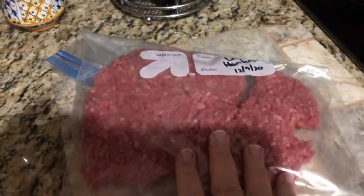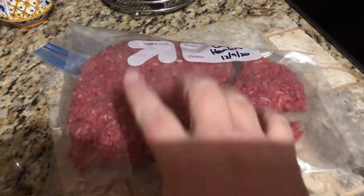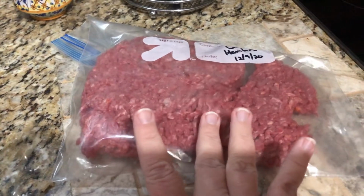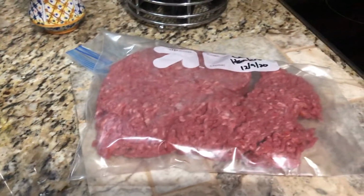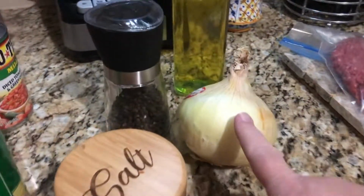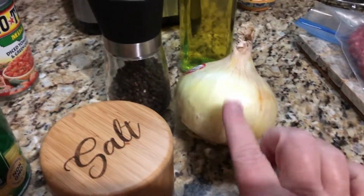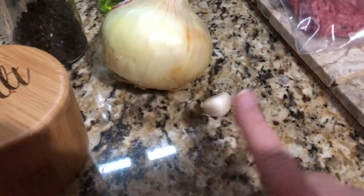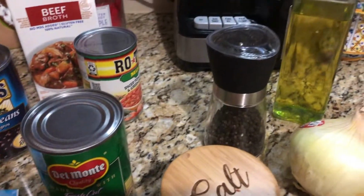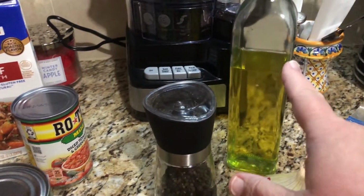This is 1 pound of ground beef. This is the other half of that ground beef I brought home and showed you how to flatten out and freeze. It is fully thawed with no effort at all. 1 onion, and it does call for small onion. I may end up using half of this. 1 clove of garlic, salt, pepper, olive oil,